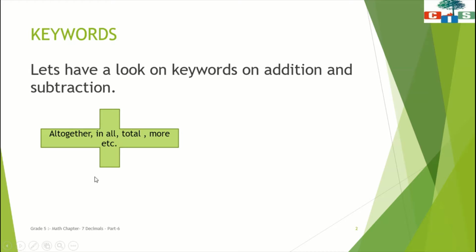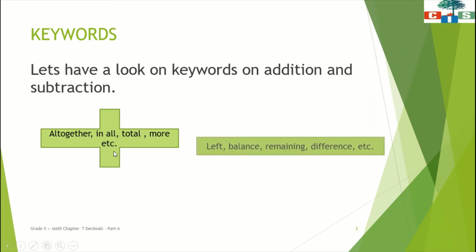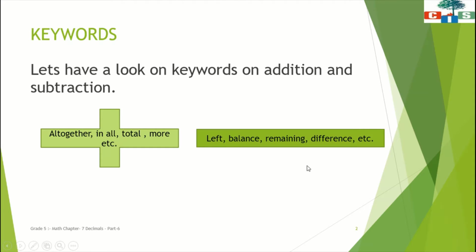If you find any of these words in your story sum, it means that story sum is related to addition. Now we will see a few keywords related to subtraction. Here we have left, balance, remaining, difference, and many more. If you find any of these words in your word problem, it means that story sum is related